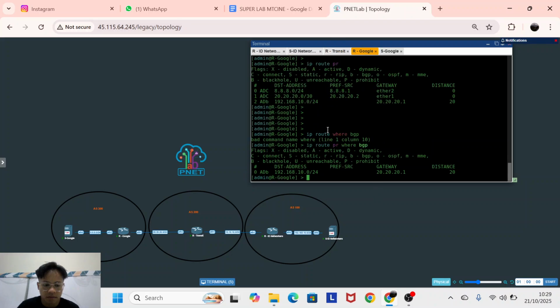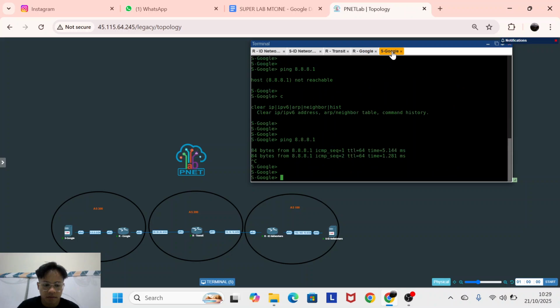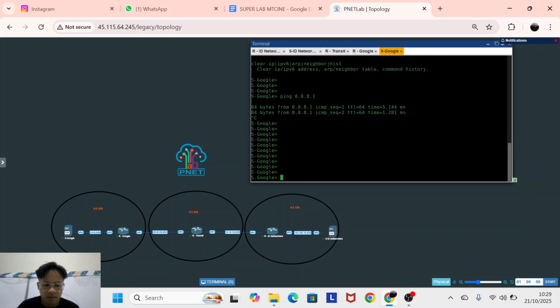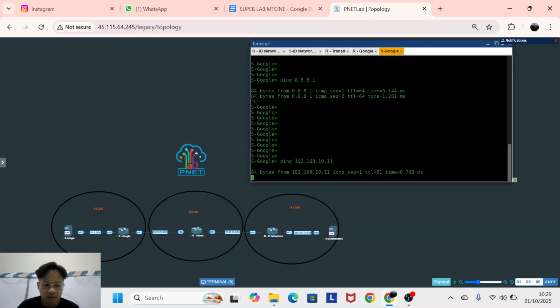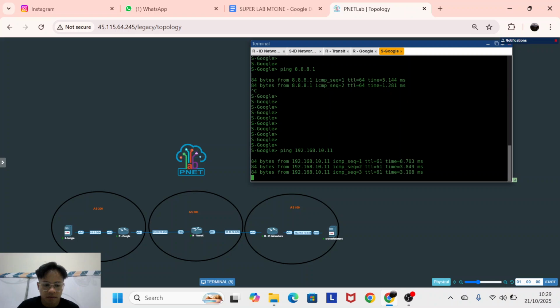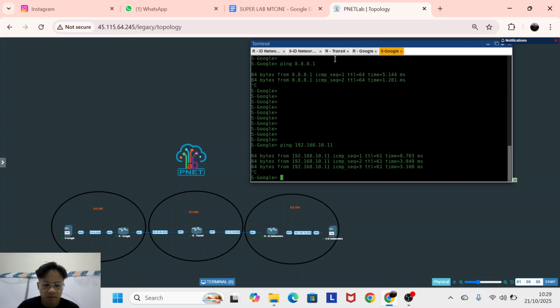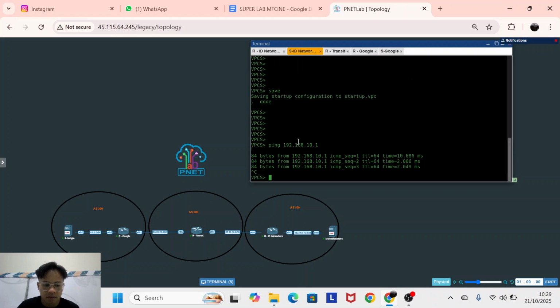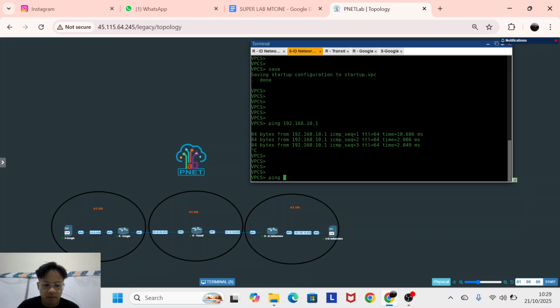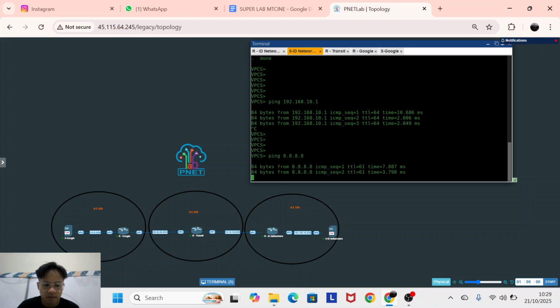So we can try. Our server can ping another server. I will ping server IDN. Yes, it's running. And from IDN server I will try to ping Google server. Yes, it's running too.